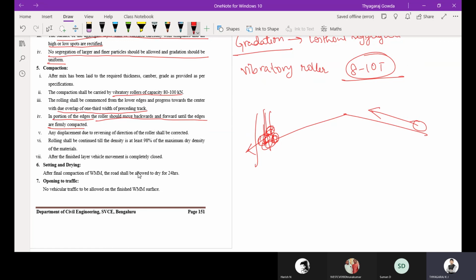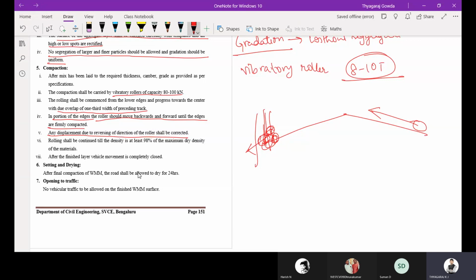Any displacement due to reversing the direction of the roller shall be corrected. Since it is a plastic material, when we move the roller forward and backward, there will be displacement of materials, so that can be avoided.